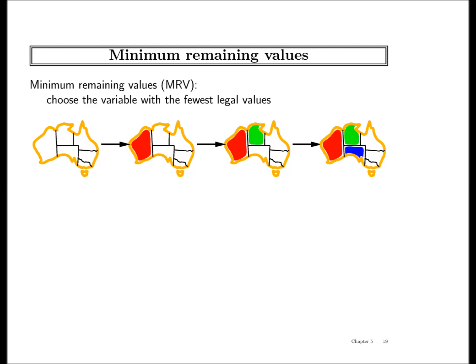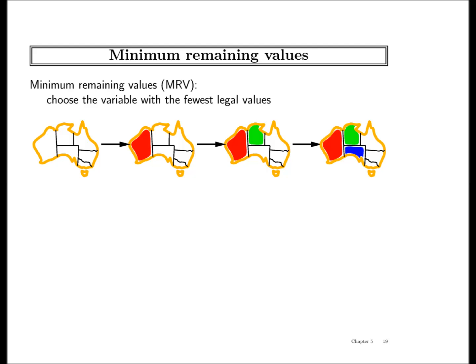Countably infinite D. So it's still discrete. No, so when you have countably infinite D, what you often do is keep lower bounds and upper bounds as opposed to individual values, because you cannot enumerate all values. And if you wanted to use this notion of minimum remaining values, you would say minimum remaining interval. So the problems change slightly. That's why let's stick to discrete, because that's as much as we are going to cover in the intro class.